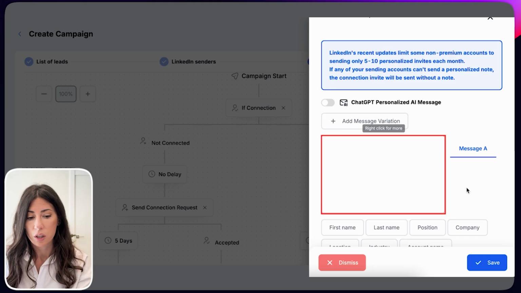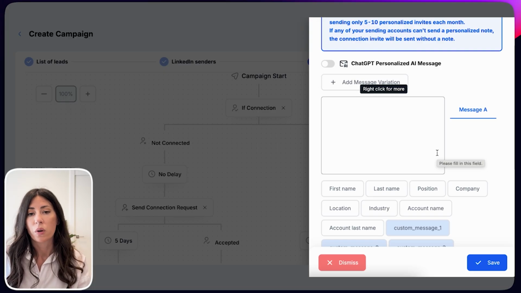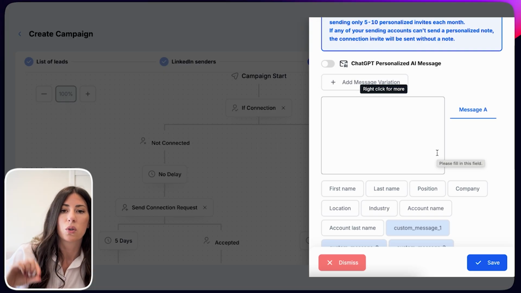If you put a note here, so hey, first name, etc. What will happen is that those connection requests will be sent with those little notes attached to them. But keep in mind that these are only possible with a Sales Navigator account at a larger scale, versus with a normal regular LinkedIn account, you can just send a few of these a day. So once we send like 5 to 10 LinkedIn connection requests with a note,